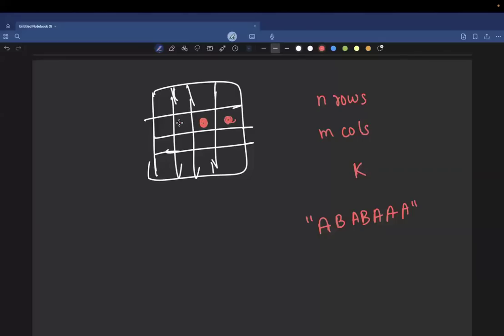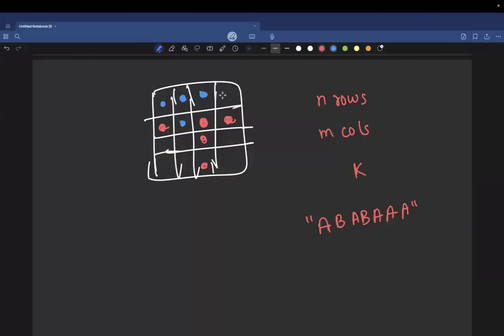Then all the cells in the same row and the same column will become red. Then it is Bob's turn. So Bob can choose any of the other cells which are not colored yet. All the cells which have already been colored cannot be chosen. So Bob can choose either of these. Let's say Bob chose this. So he would overwrite these cells as well